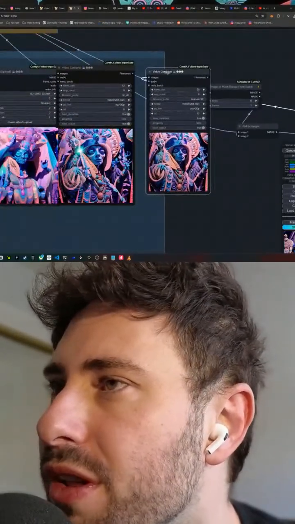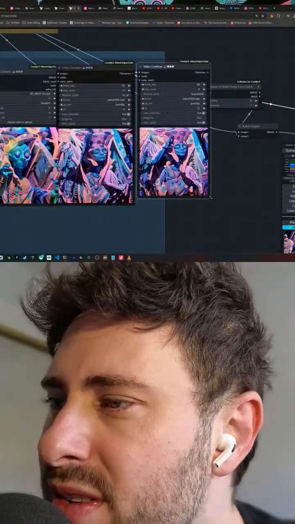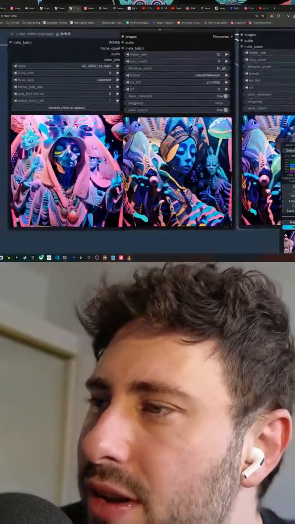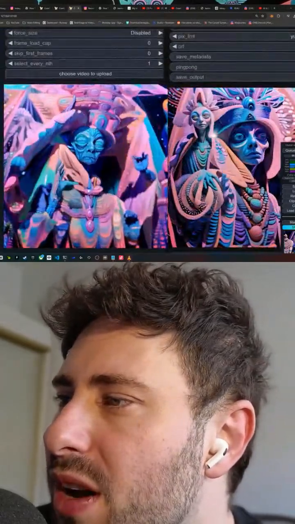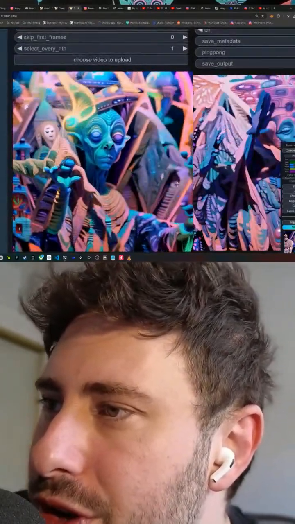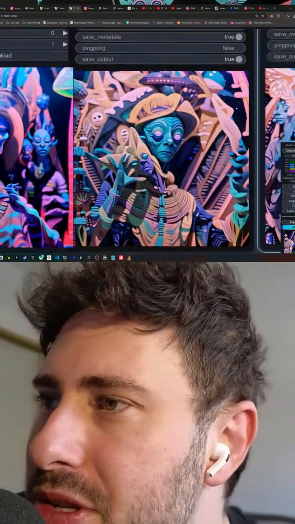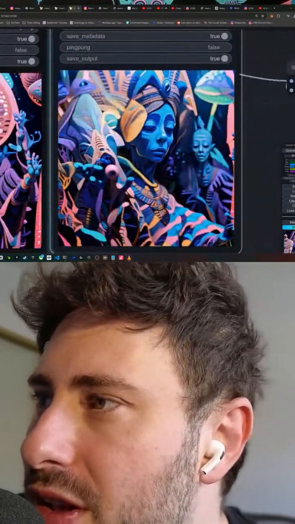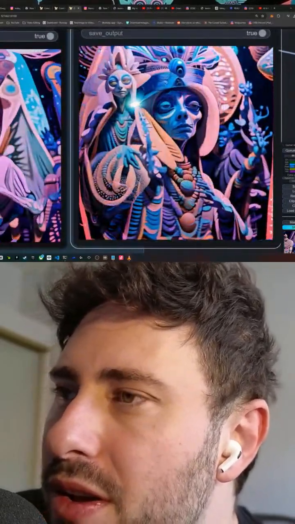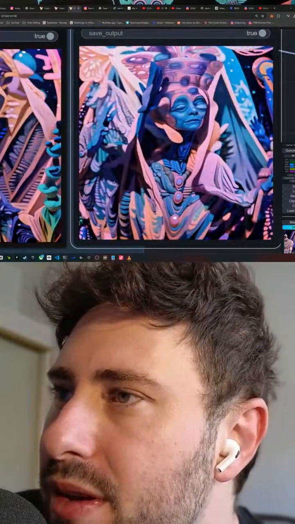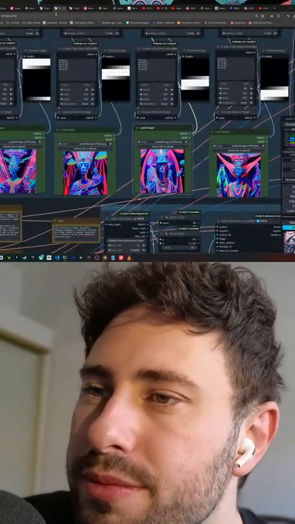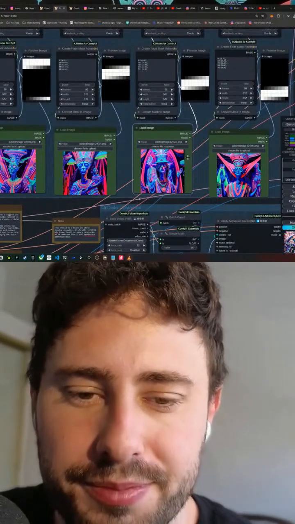Yeah, so really sick stuff, you guys. Here's kind of the three-way before, during, and after. On the left here, you got the crude initial generation. In the middle here, you got the upscaled, still low frame rate generation. And then finally, you get the beautiful interpolated upscale. So it's all a process, you know? All a process.